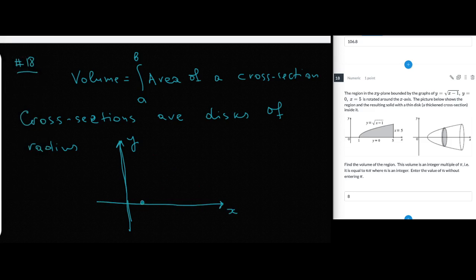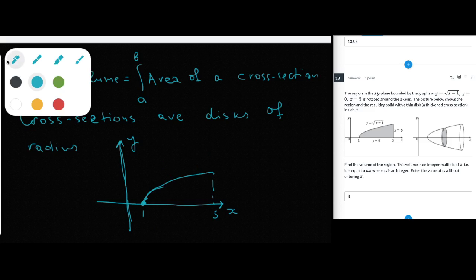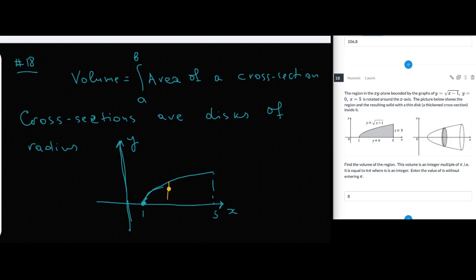Then here's our region, which is situated between x equals 1 and x equals 5. Now, imagine we're taking a cross-section at some point x between 1 and 5. I'll indicate that by